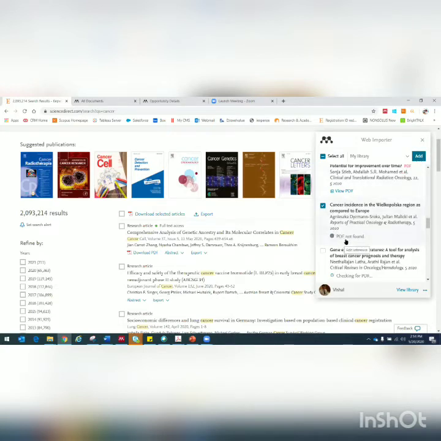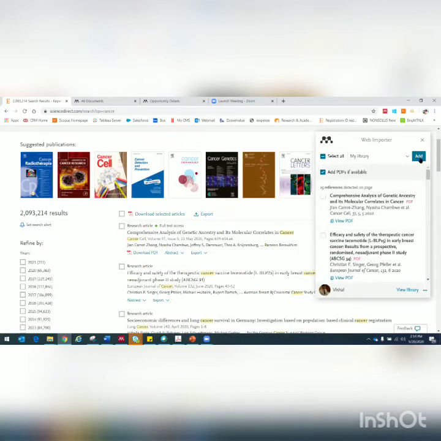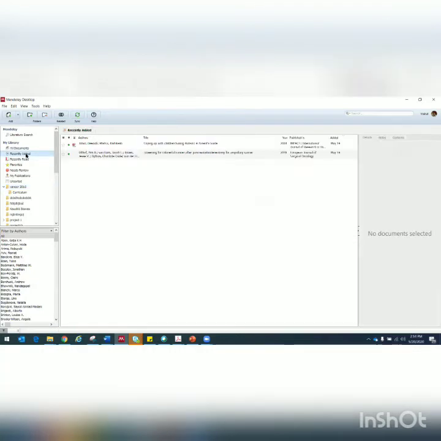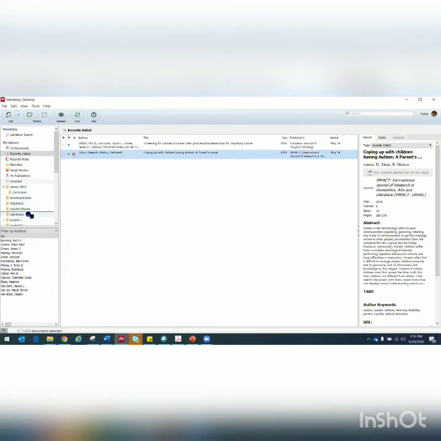If it doesn't have access to PDF, it will say PDF not found. If there is access to PDF, you will see PDF okay, right? So once you do this, you click on add and this takes you straight away to Mendeley. Now, when you go on Mendeley software, you will find that article here under recently added. So from here, then you can transfer this article to any folder you want, right? So this again helps you in properly organizing your entire research data, and it will make it easier for you to cite your articles later on.